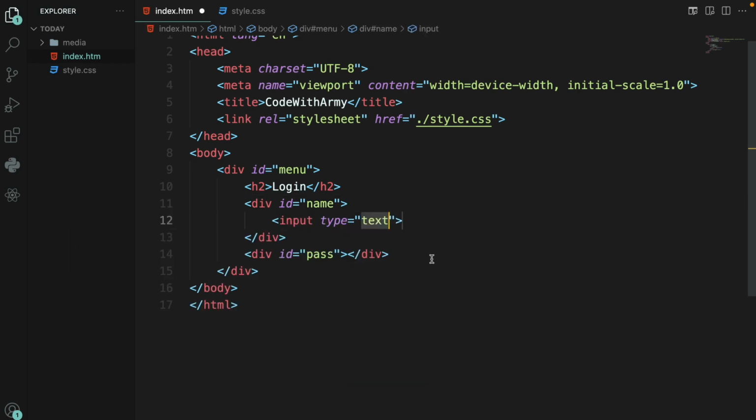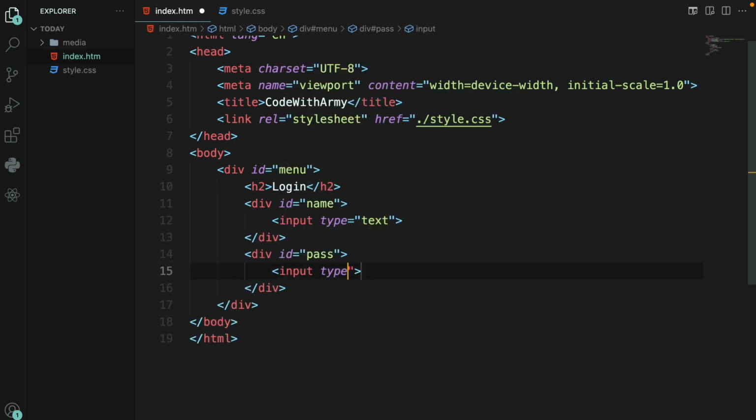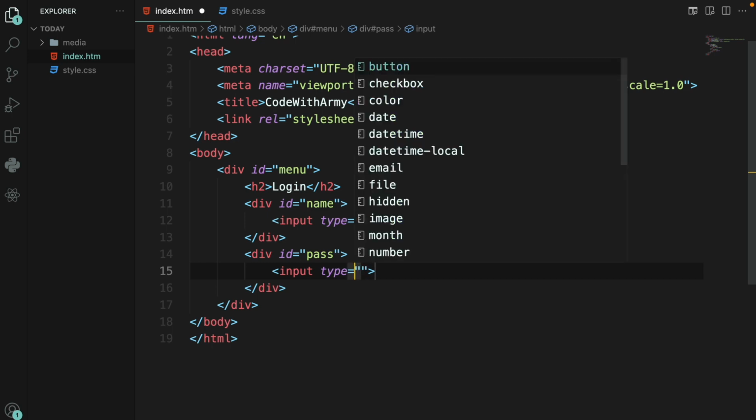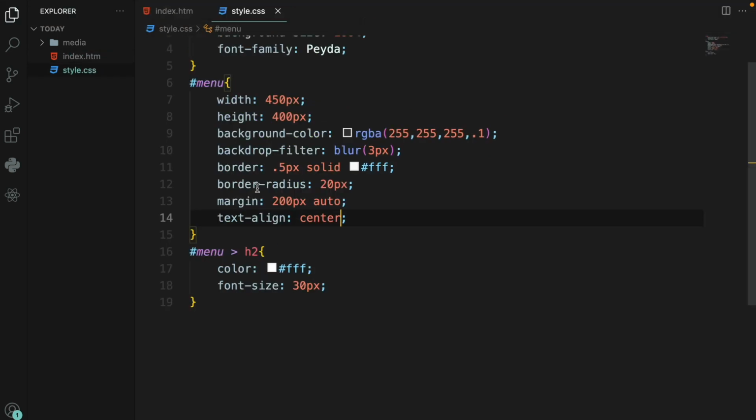Input type text and input type password. Okay. Sharp name